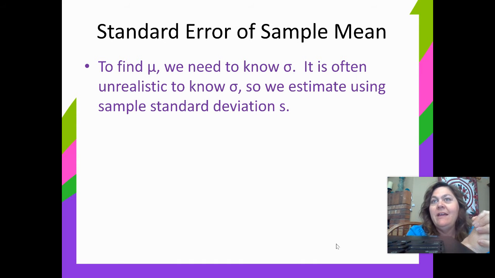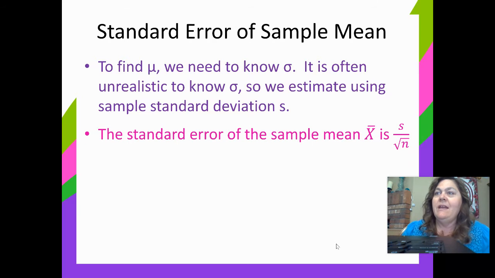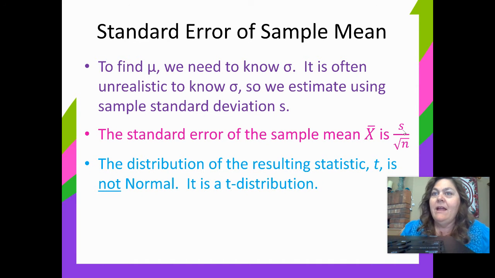mean. But as we've talked about already, it's pretty unrealistic to know sigma. That is the standard deviation of the entire population. So we estimate using our sample standard deviation, which is little s. So now the formula stays basically the same, except you're just replacing sigma with s. Now this distribution is no longer z, it's not normal, and I'm going to show you in a